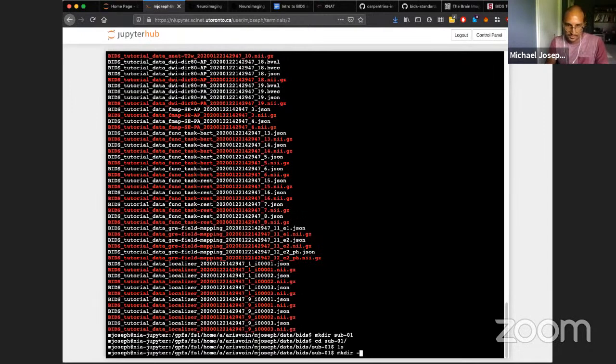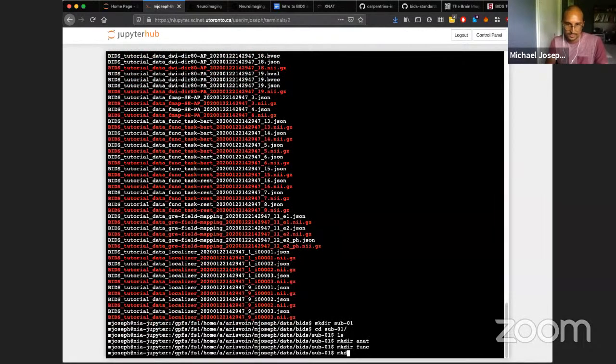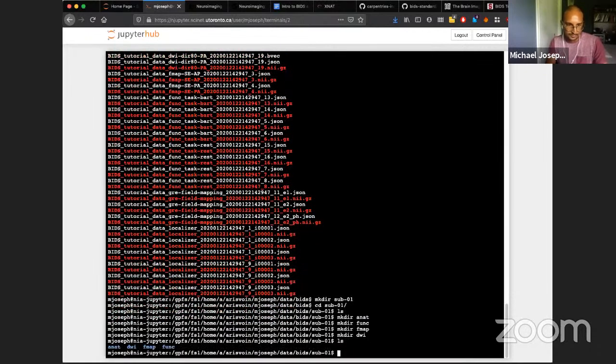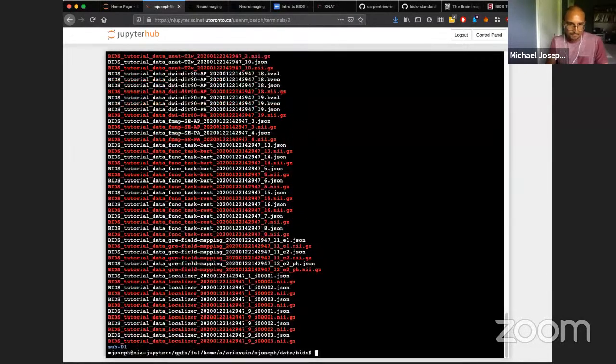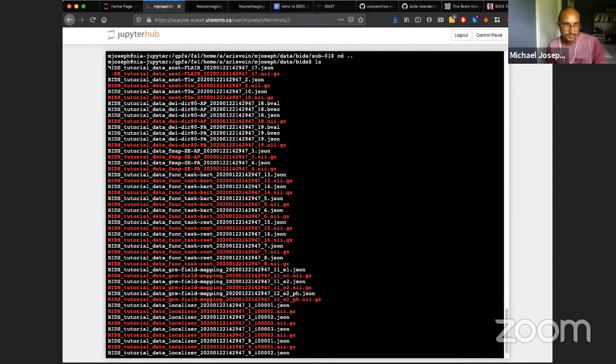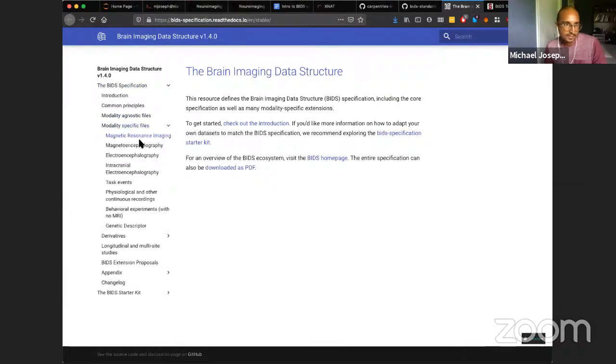So I'm going to make a couple of different folders. I'm going to make an anat folder, a func folder, fmap folder, and a DWI folder. And then from there, I'm going to move the right scans to the right place first. So if we look at our BIDS specification, go to the MRI section,